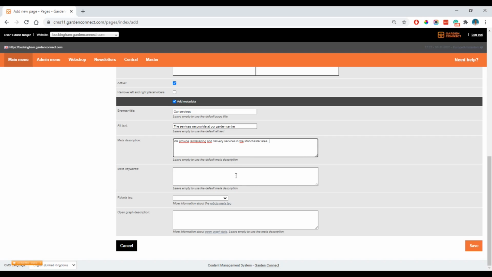The meta keywords are old-fashioned and Google is definitely not using them anymore. They stopped doing that probably 10 years ago. So don't bother adding them. However, if you want to add them, you need to do it in a proper way, and that means you need to use a comma to split them. So let's say landscaping services and garden center Manchester. I recommend you to ignore the robots tag unless you know what you're doing. So let's leave this one blank for now. Now we can save the page